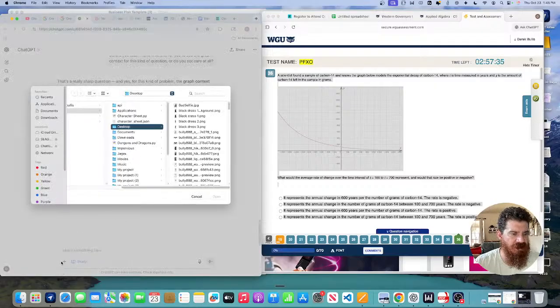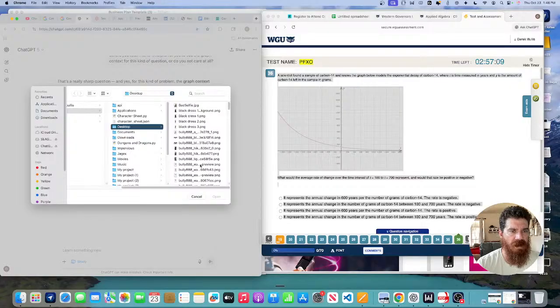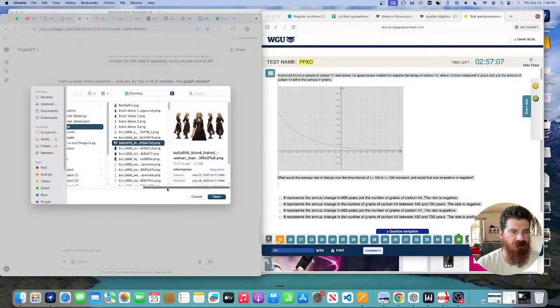What I just did was I went to pictures, actually, cancel. If you hit the plus button, if you're new to ChatGPT and you're following this, you hit the plus button. I'm on my computer display right now. ChatGPT can see images, so you can provide it images. I'd have to go into here. But if you look,